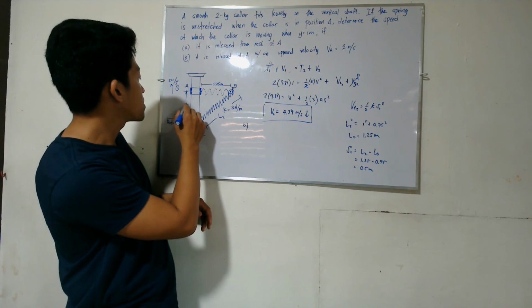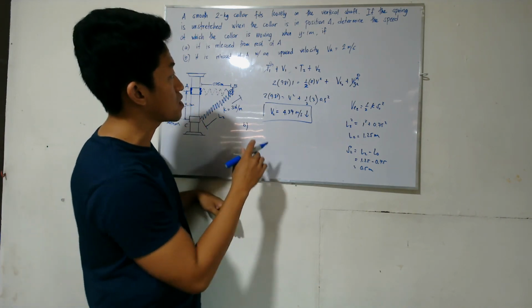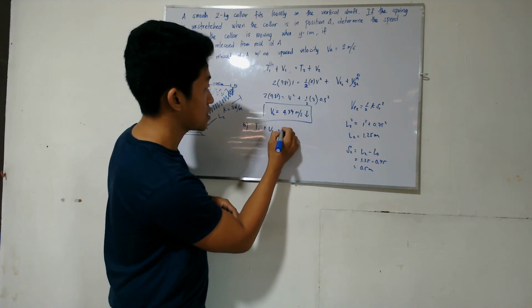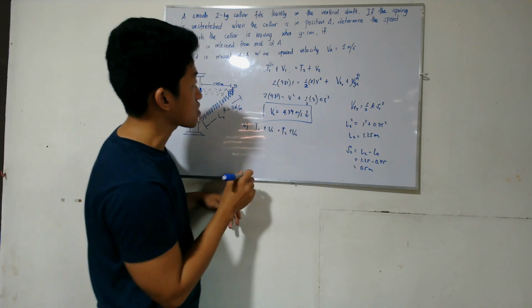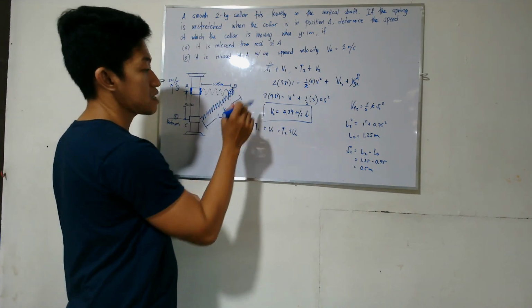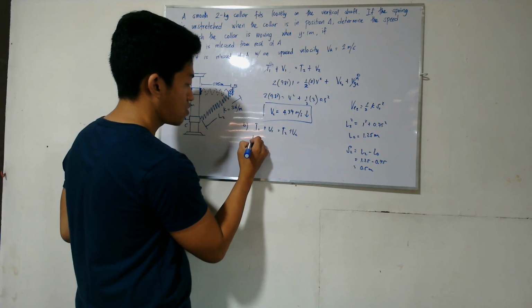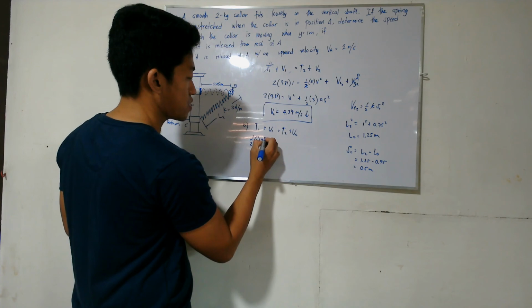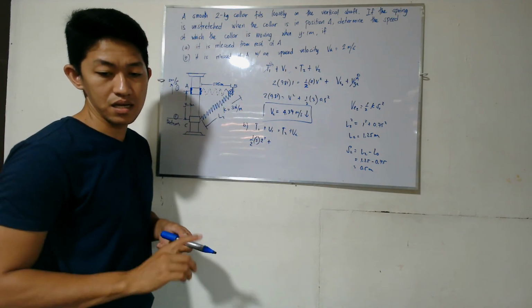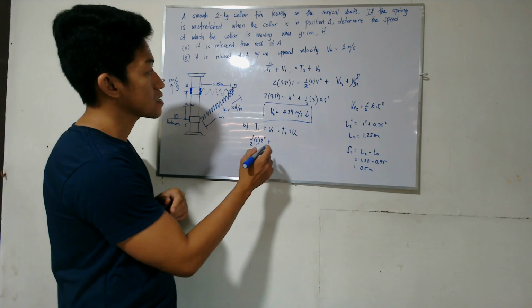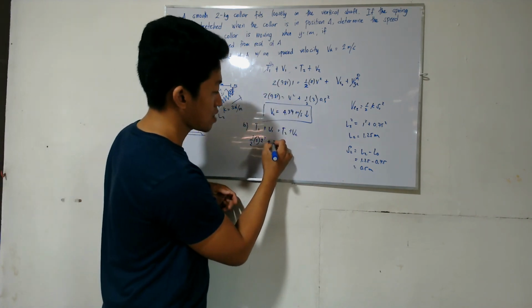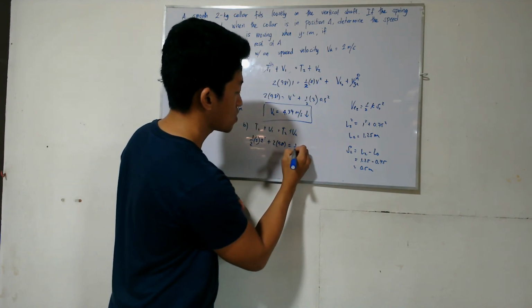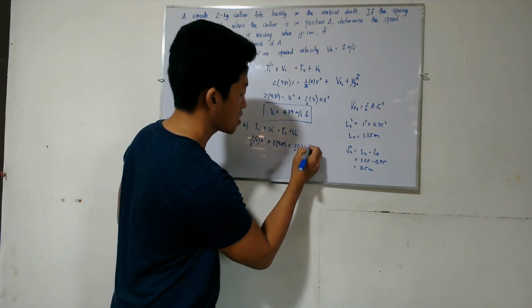The only difference is that in T1 plus V1 equals T2 plus V2, in the first case T1 was 0, but in the second you have 1/2 m times 2 squared. So 1/2 m 2 squared plus this one, 2 times 9.81,